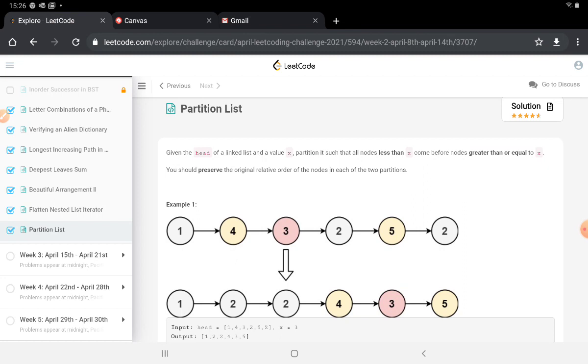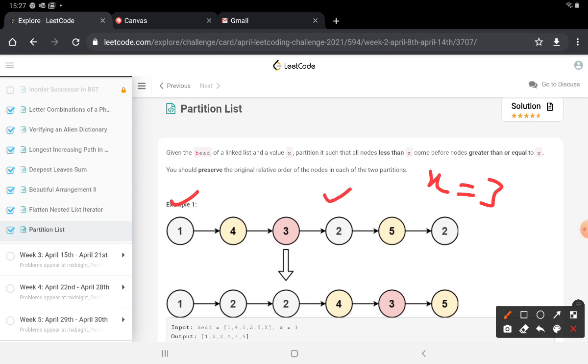So for example, if you see over here, x is equal to 3, so 1, 2 and 2, these three values are less than 3, and 4, 3 and 5 are greater than or equal to 3.